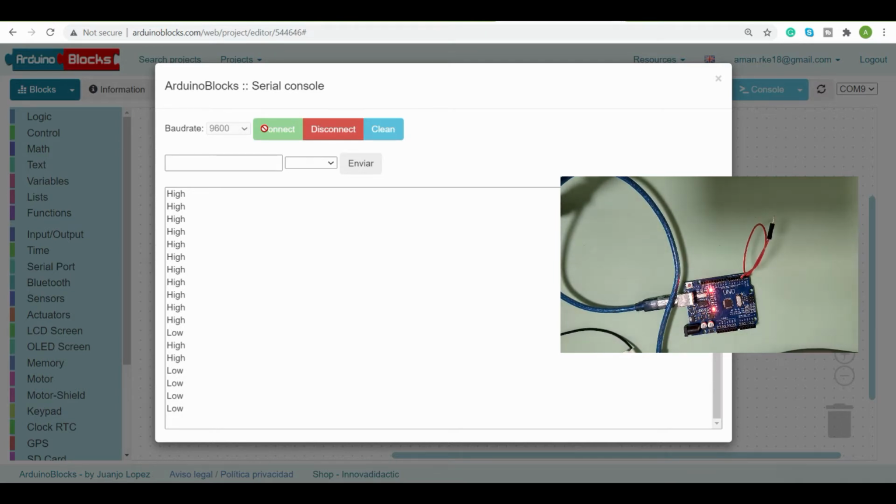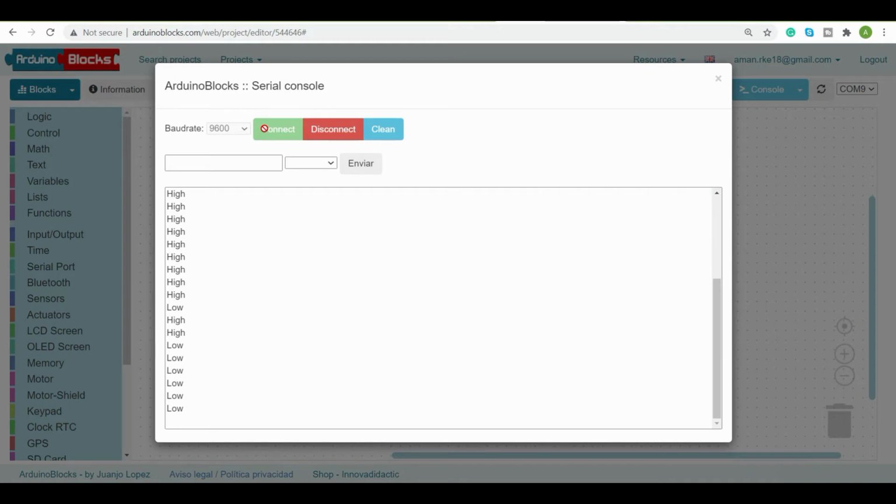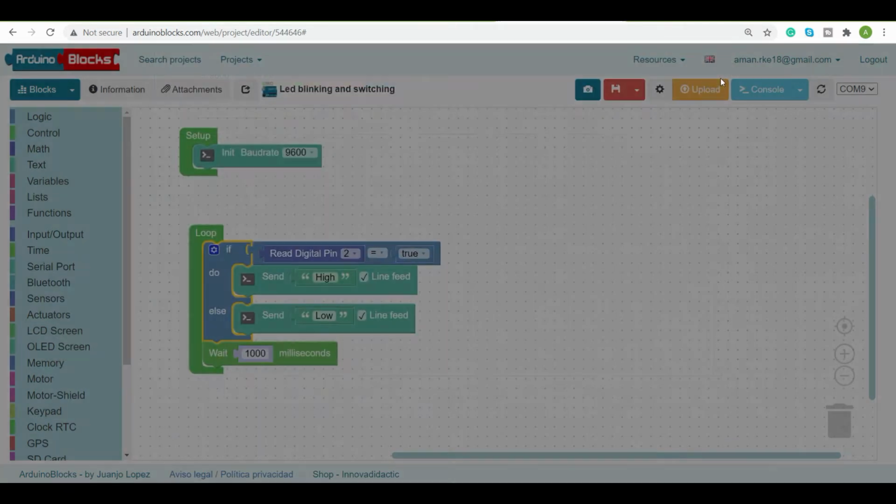This is the reason the input of our Arduino is said to be in a high impedance state. That means we don't know whether it's low or high, and to resolve this problem we use pull down and pull up resistors, which I explained in my previous video. It is proven here by the serial monitor also that we don't know what state it is sensing at input, and sometimes it is showing high, sometimes it is showing low. Due to electrical noise in the environment, it may give you high. So this is how the serial monitor is used.